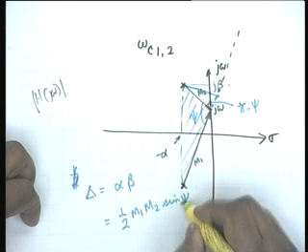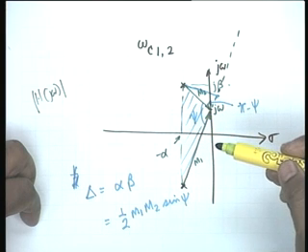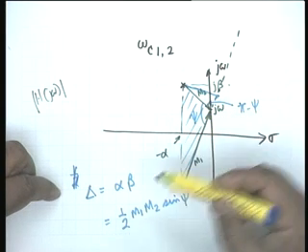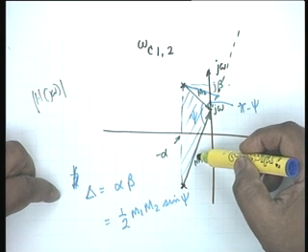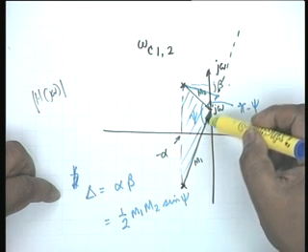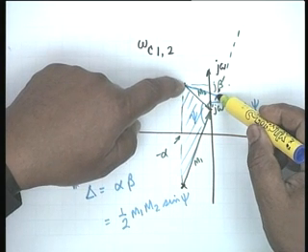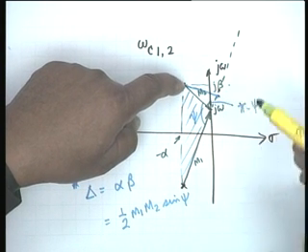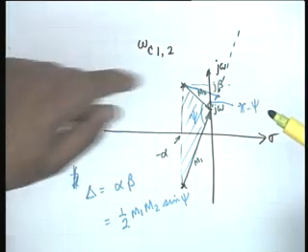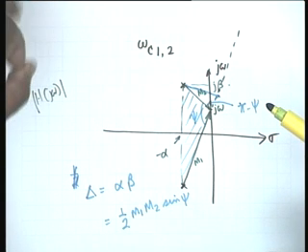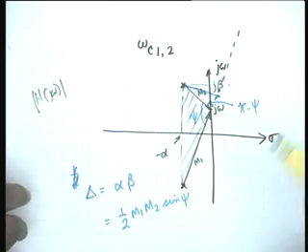Sir, which triangle we are finding? So area of which triangle? Area of the shaded triangle, the same triangle. I am first finding it in terms of alpha and beta, next in terms of m1 and m2, and I am considering m1 as the base and this as the height. This height is found in terms of m2 and this angle is pi minus psi. Therefore, the height is m2 sine of pi minus psi, which is exactly equal to sine psi.